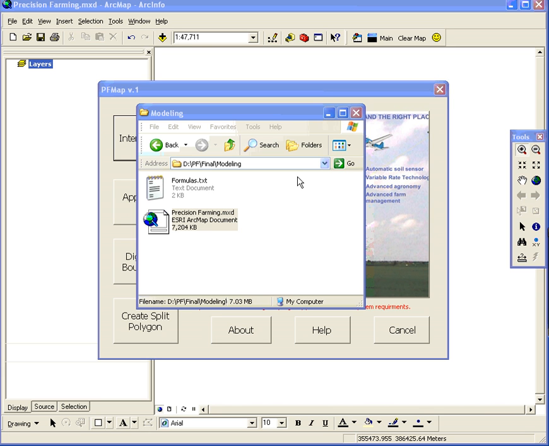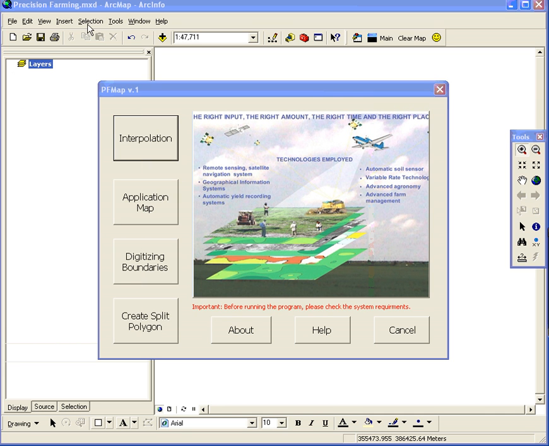Whenever you run this MXT file, which is called precision farming, from the program or outside the GIS module, you will have the ArcGIS software started, and the pfmap window pops up as the first screen. To start the interpolation process, you simply click on the interpolation, and then you can continue with the application map. Before we start the interpolation, I want to talk about the path that we are using in